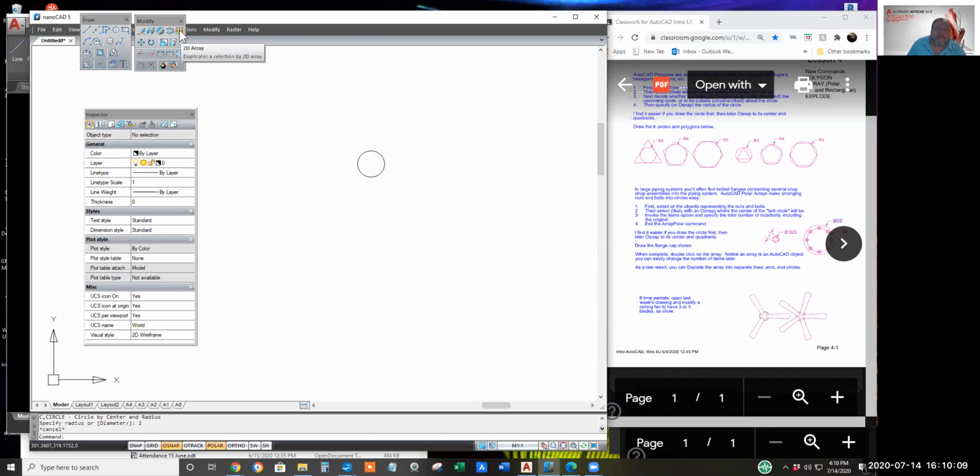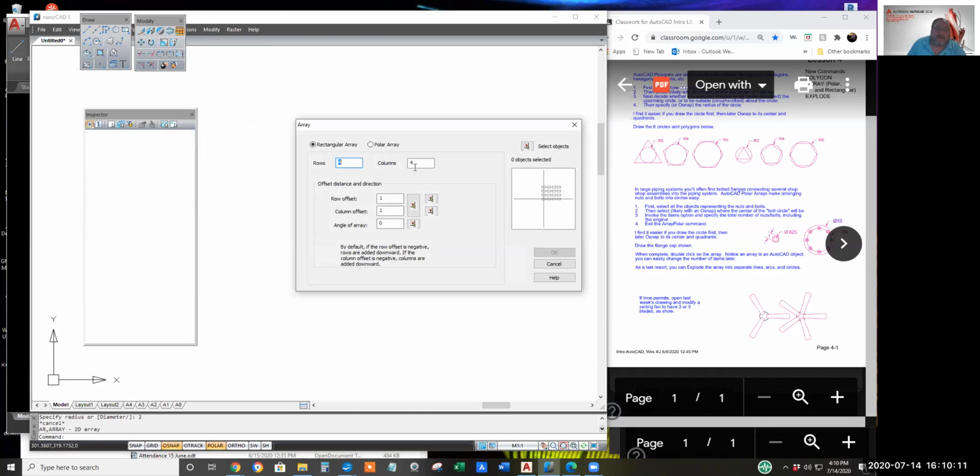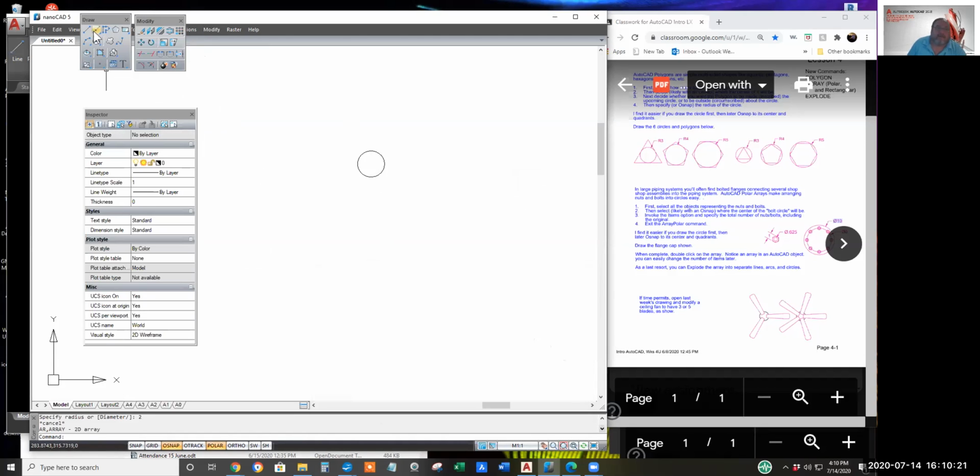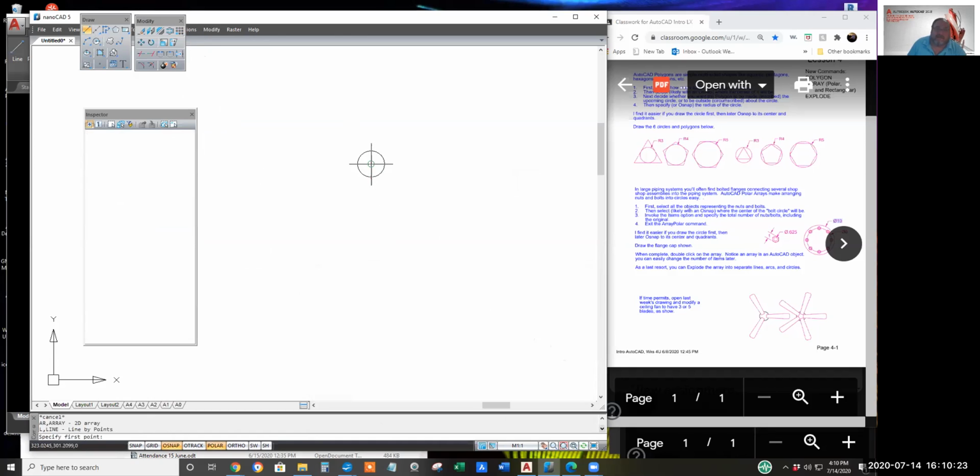I'll click 2D array, specify polar. Rats, I forgot to draw my guideline again. All right, let me bail out and draw a line straight down from the center of this 2 unit radius and make the center of the flange, say, 20 units down.